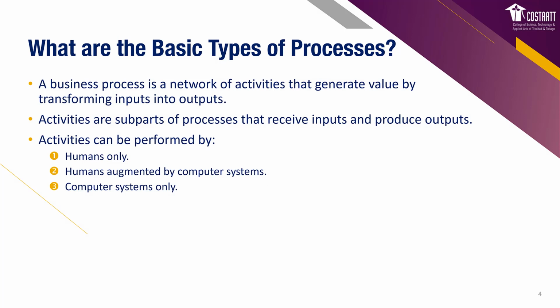Right, so what are the basic types of processes? And of course, we're talking about business processes. A business process is a network of activities that generate value by transforming inputs into outputs. Activities are the subparts of a process, like the various steps in a process that receive inputs and produce outputs. Now, in a business, everything that takes place, from performing recruitment to ordering stock, to moving stock from